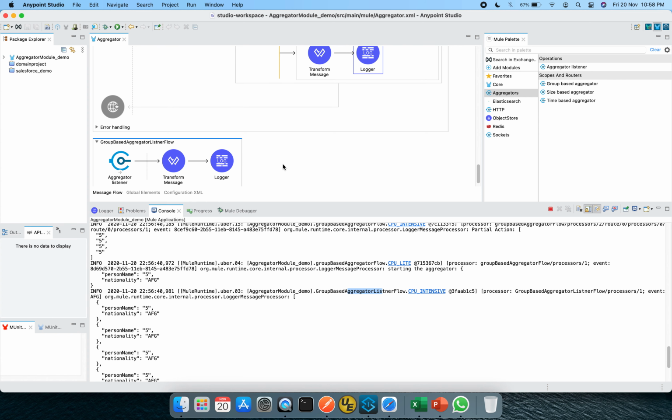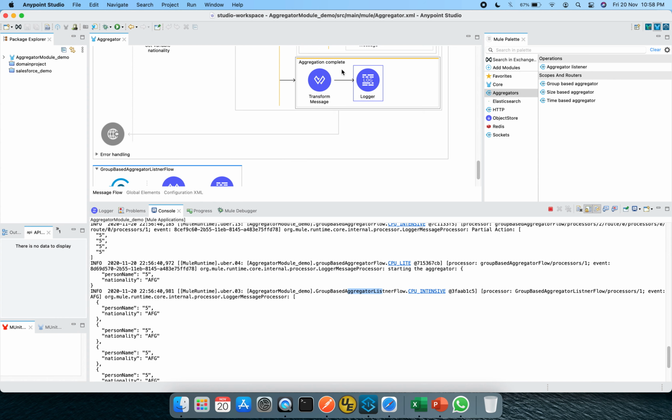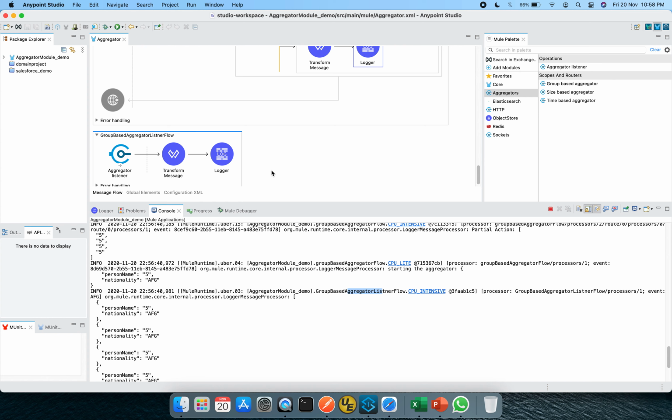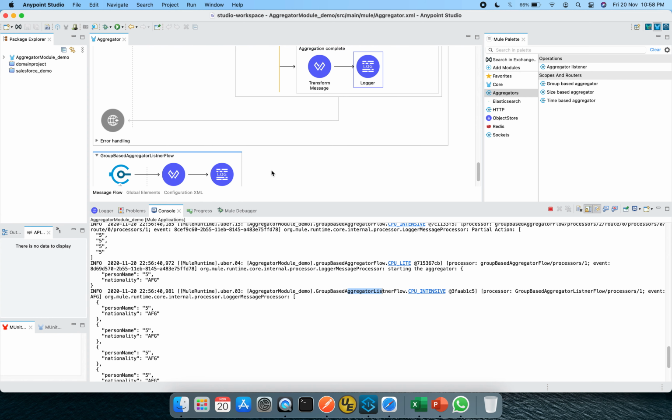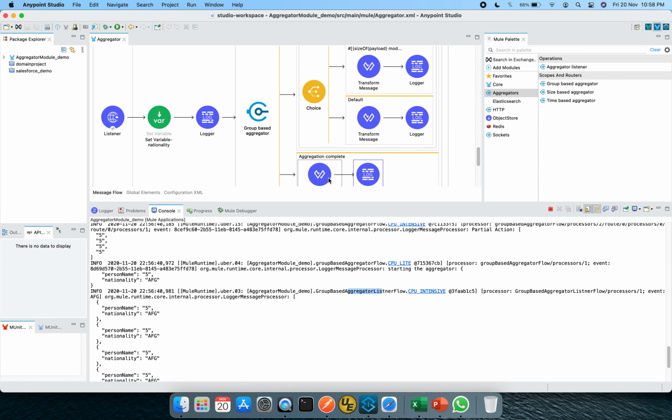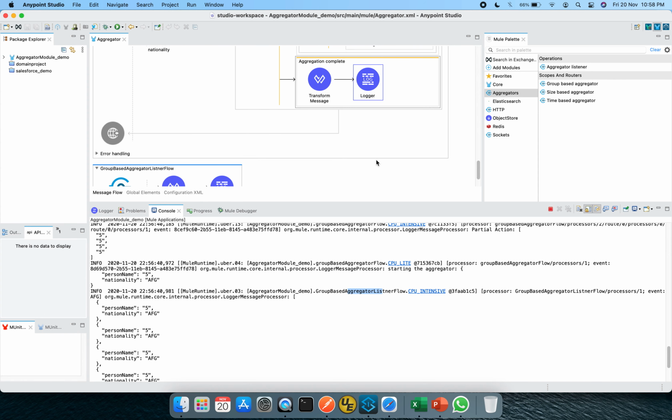I have seen cases in which this aggregation complete route logic is executed after running this listener flow. But again, this is very different, because ideally whatever logic you put in the aggregation complete or the incremental, should be in the format of a subflow, and it should be referred from an external thing.